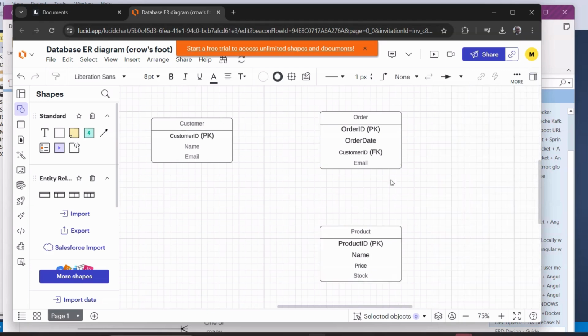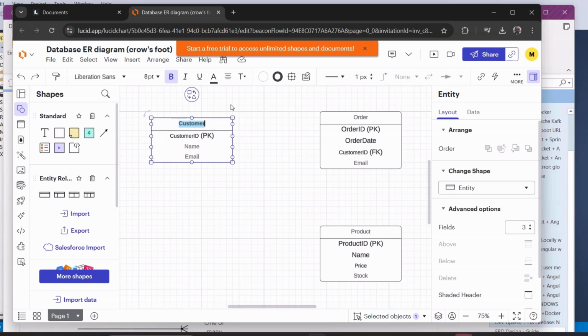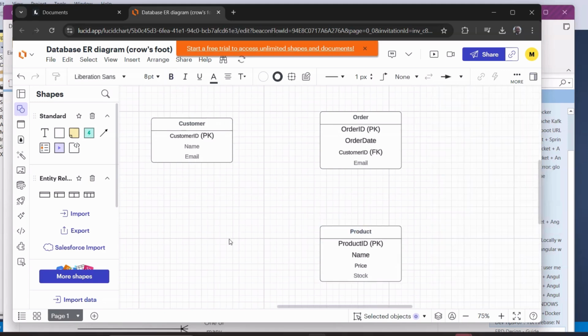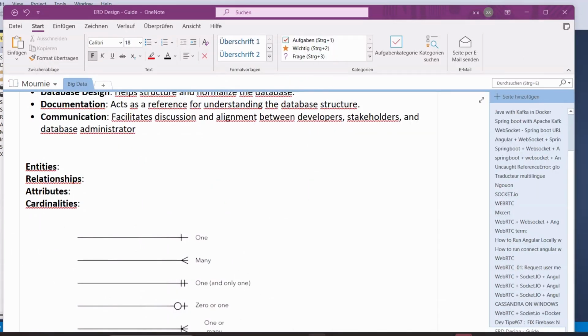Here is the stock. So that is it with our... now what we have done so far is we have defined our entities. Here are our entities that we just defined. Then the next thing that we have to do, we have defined the entities customer and also defined the attributes. Then the next thing that we have to do are the relationships and cardinalities. But before going there, it's important to show you some